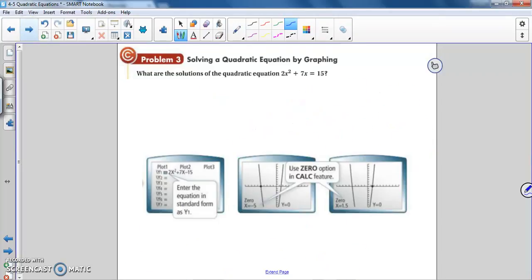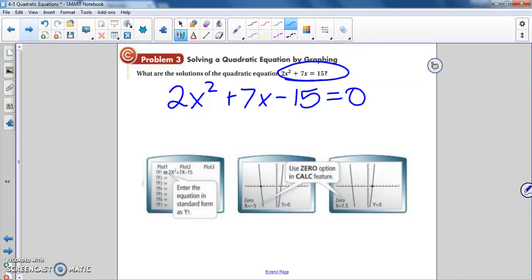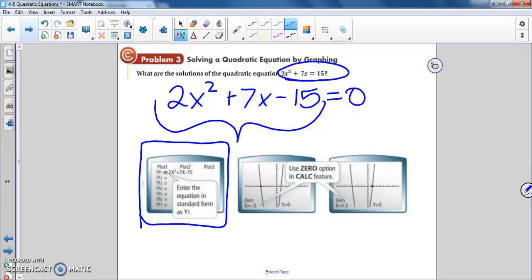We can also solve a quadratic equation by graphing. So we can either graph on our calculator, or we can graph by hand. If we're going to graph on a calculator, we want to put this into standard form. So we have 2x squared plus 7x minus 15 is equal to 0. And I would put that part of my equation in the y equals. Just as you see on this first screen, y1 is equal to 2x squared plus 7x minus 15. We then press graph